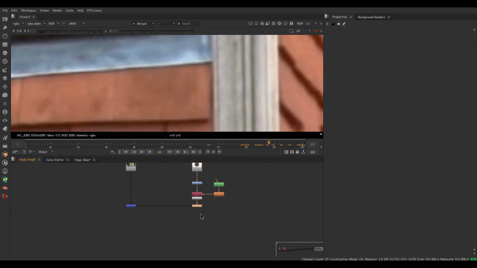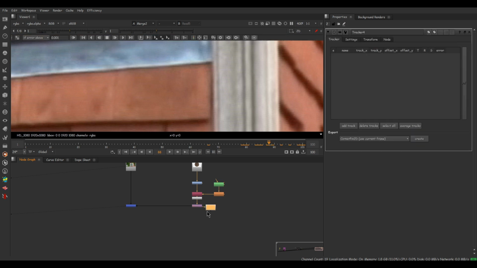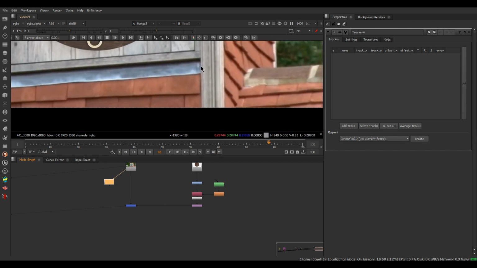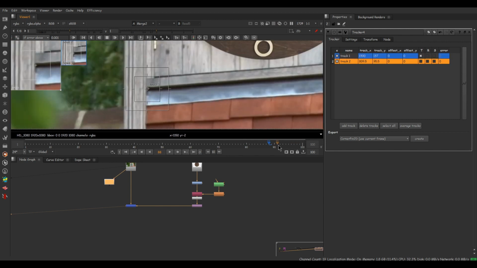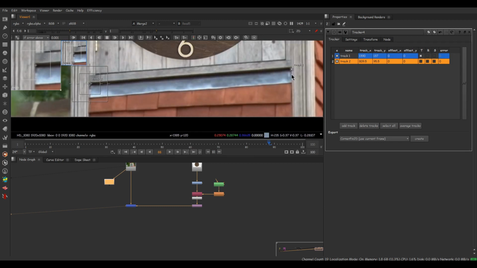So I'm gonna take a tracker and let's connect the pipe into the input, arranging a bit to this side. Let's drop a tracking point here and also here in this edge. Okay, I placed the in-between range, never mind. Select both the trackers and track.